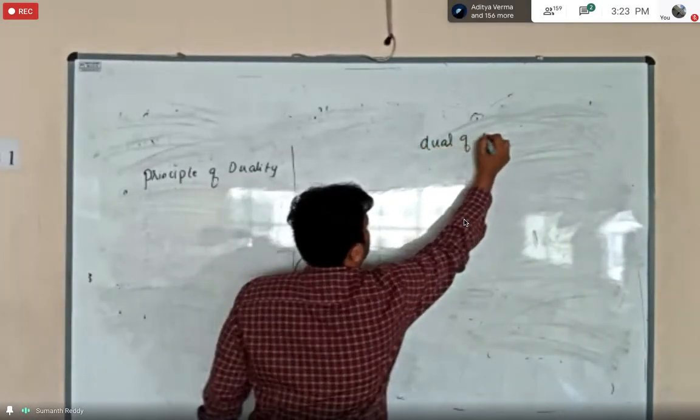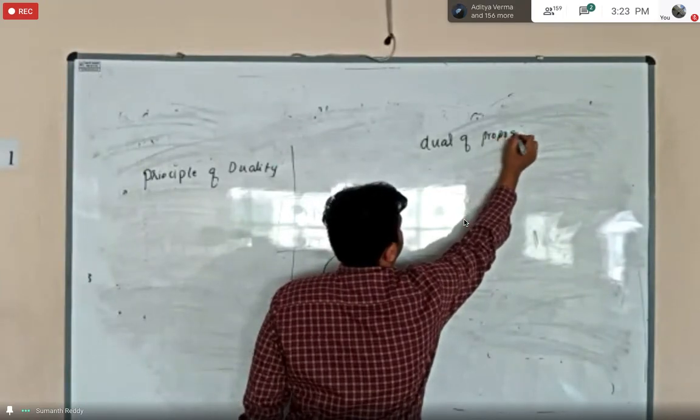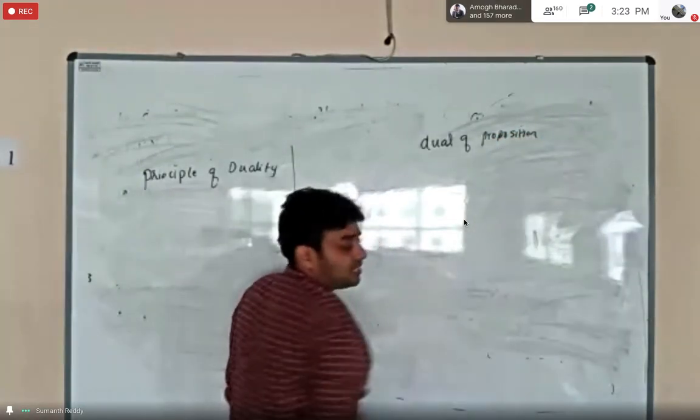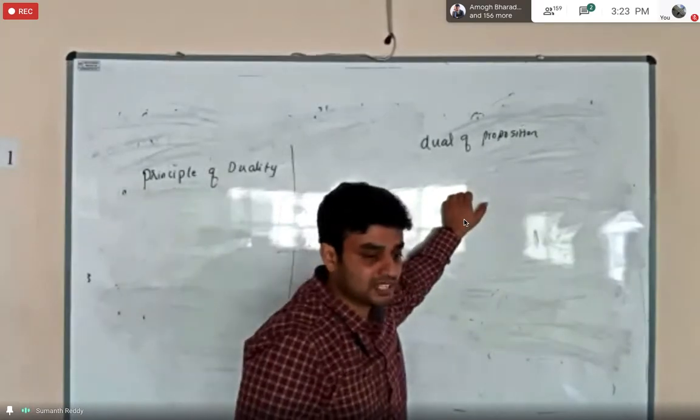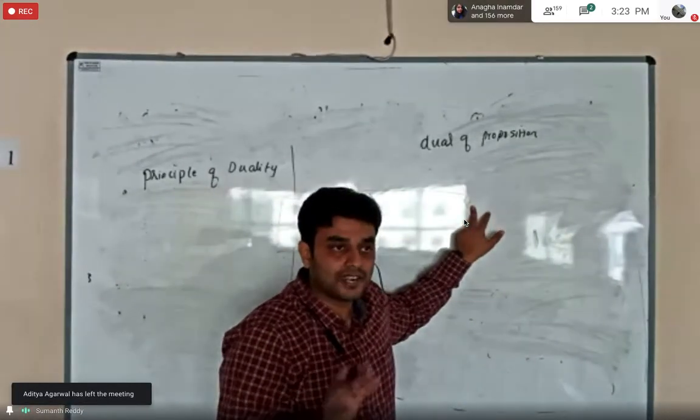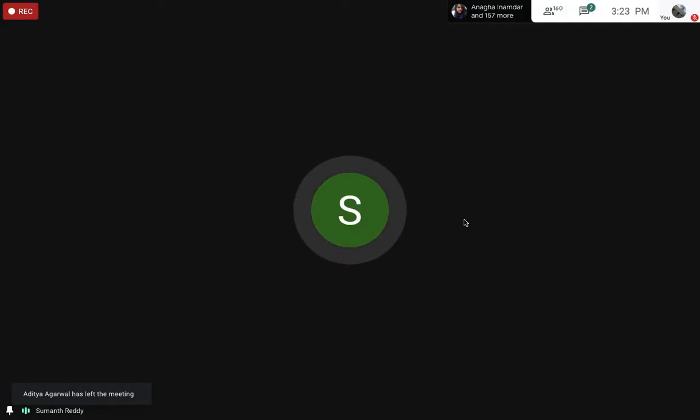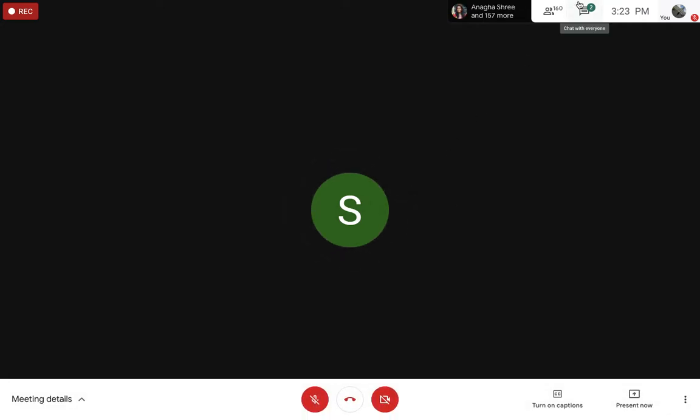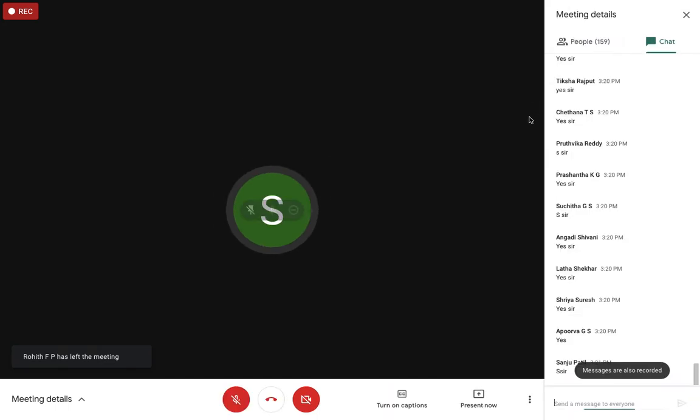What is the dual of a proposition? In the previous classes, I told you different logical connectives: negation, conjunction, disjunction, conditional, biconditional. Out of these,